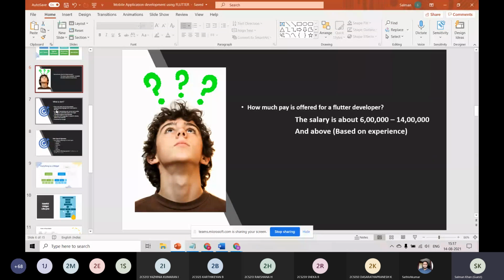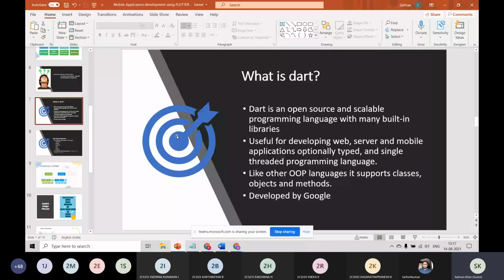As I said before, what is the Dart language? Dart is used for web server and mobile application development. As I said, like Java, it supports classes, objects, and methods, and it is developed by Google. Not only that, if you have gone through Java very well, you have come across a word called type safe. For example, Python is not type safe, because everything is dynamic. There is no need to declare int, string or anything. But in Java or any other language, there is a type declaration which makes the program more readable and more secure. That is what we mean by type safe, and Dart is one of the type safe languages.